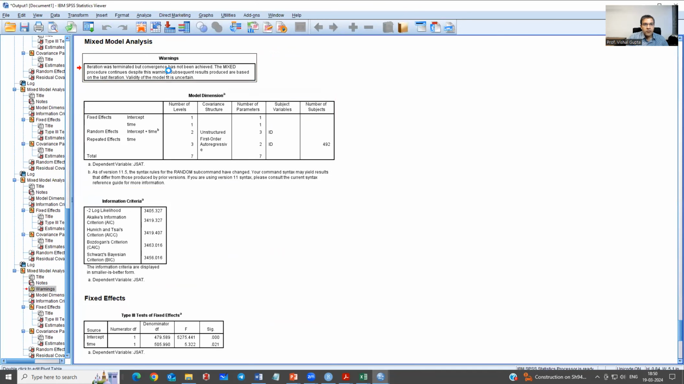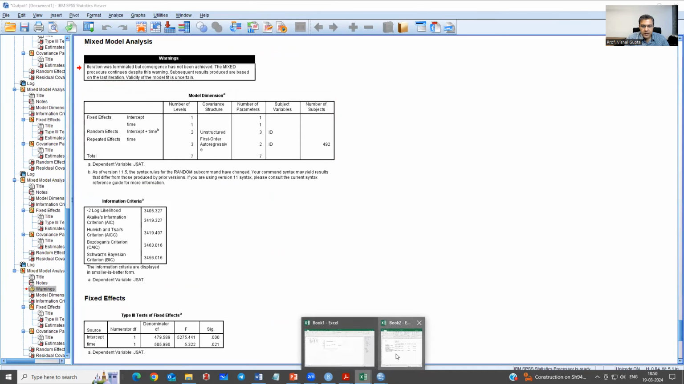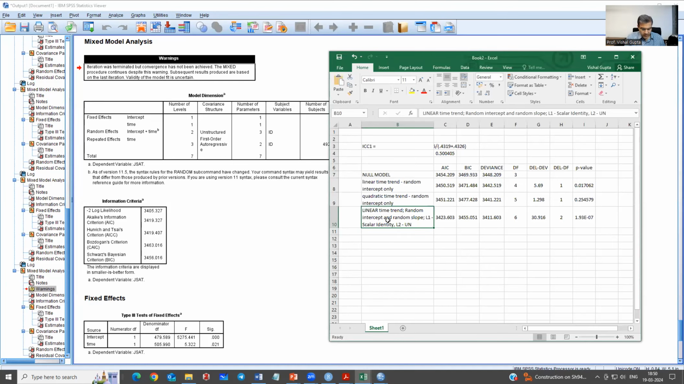Now you see the problem is it says iteration was terminated, convergence not achieved with AR1. Okay, but for the time being, we can try this. We can just report that convergence issue. Let's copy this. Then we say AR1, SPSS fails at this point. I have put a star here. Let's report